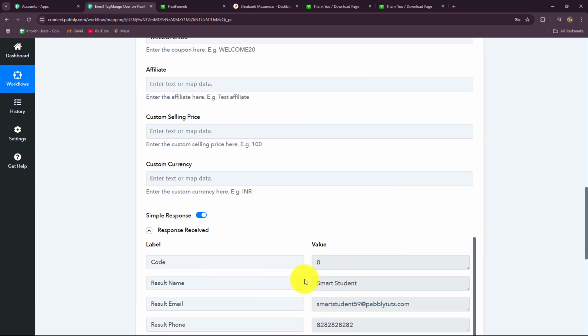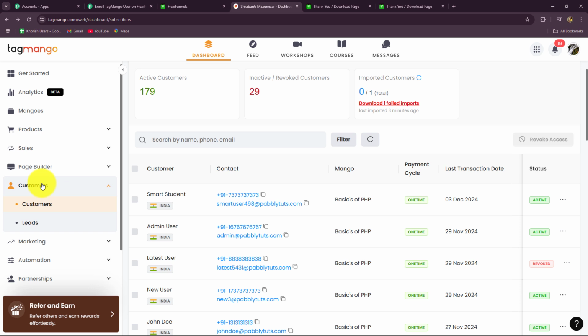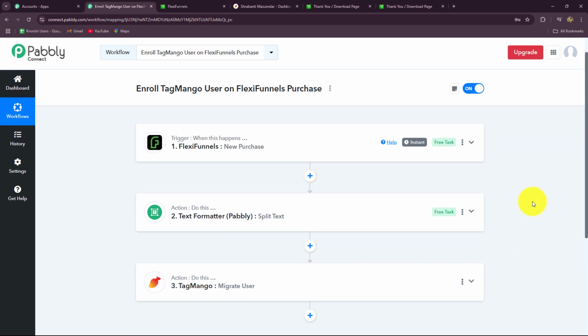And over here, you can see that yes, the response is received. So I'm going to take you towards my TagMango account. Over here in the customer section, we can see that yes, a new student is recently added with all the same details. This means our connection between FlexiFunnels and TagMango is absolutely successful. And now every time a new purchase will be made in FlexiFunnels, automatically the student will be enrolled in TagMango